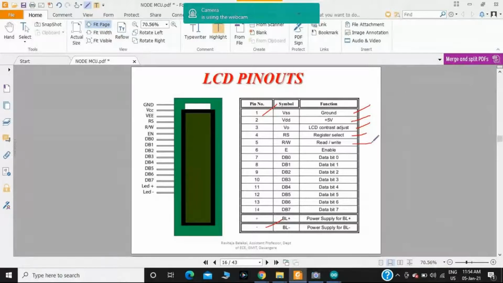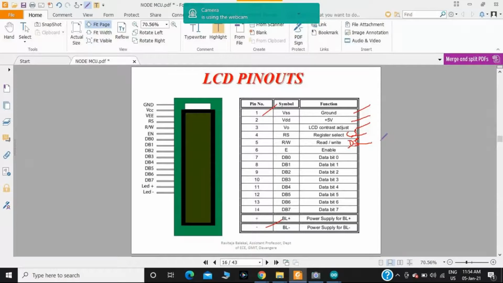The register select consists of two important subsections, the command register and the data register. The main role of these two is that while sending an instruction from the Node MCU to the LCD, the command register selects in which cursor position I should print the message.